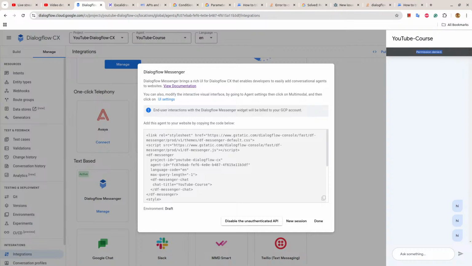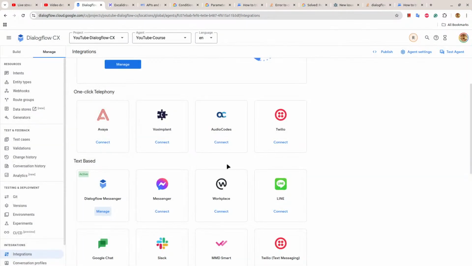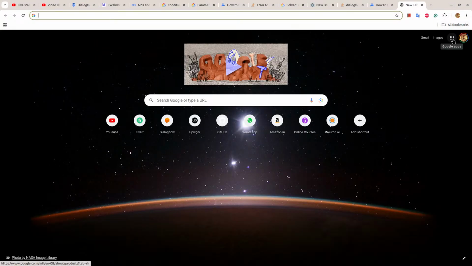Okay, no problem. Let's do one thing. This is totally fine. I actually have planned this for the next session because it involves a bit of programming as well. But since there was time, I thought to show you a glimpse of it. But that's totally fine. In the next lecture we will set up Dialogflow Messenger. We will understand all the things needed for webhook setup, and we will use Python programming language because